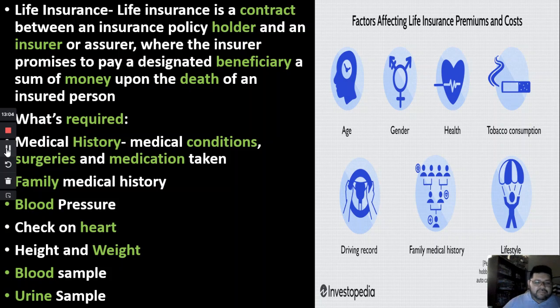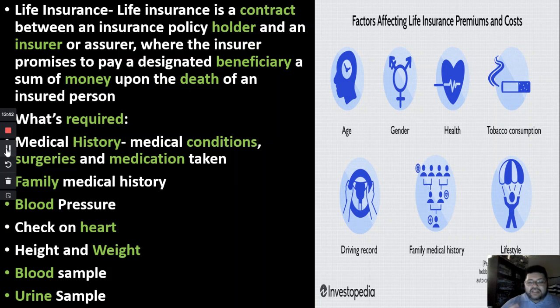Okay. The other thing they would do: check your heart, check your height, check your weight, the blood, urine sample. The student today asked, well, why would they use a urine sample? Guys, there's a lot of tests they can run on your urine and your number two coming out. They can test for a lot of things on those two things because that's the stuff your body's rejecting, taken out of you. So they can run some tests and see, hey, this person may have kidney problems, and so on. There's a lot of stuff they can do.